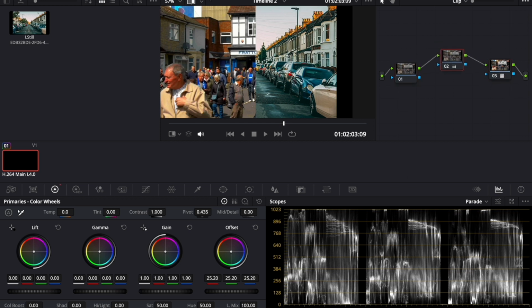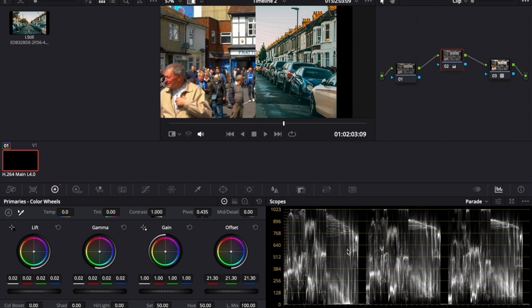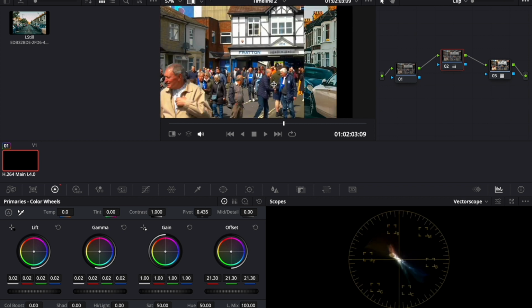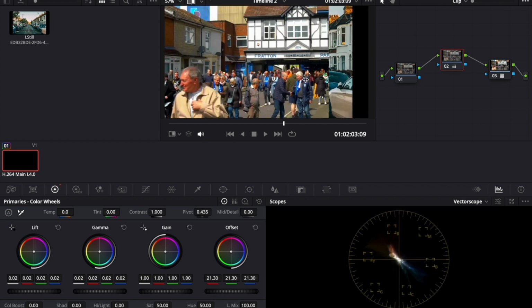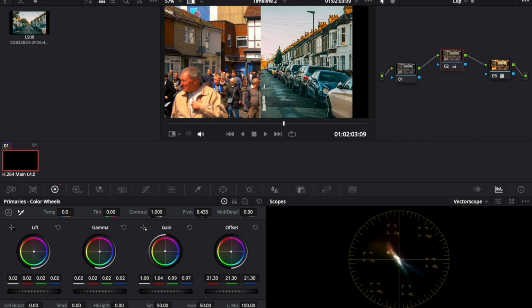So then I'll be adjusting my gain, gamma and offset again to make sure the wavelengths are the same and similar to the street view I'm using. By adding the LUT, I can see already that the image is way better than it was before. This is helping me as I can see that it's bright and the same as the other street one, so